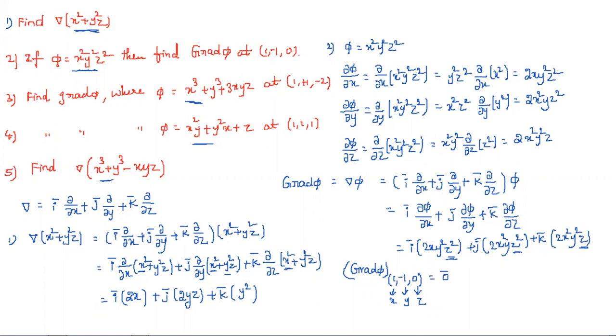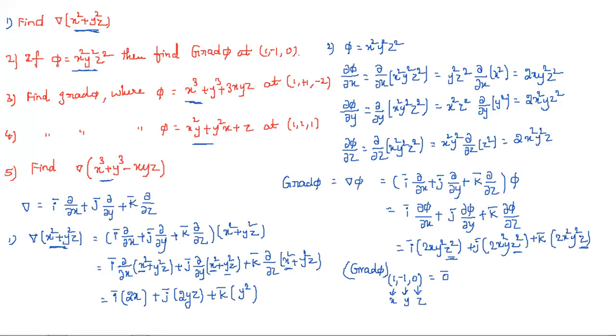Okay. Any doubt regarding this? What we solved in the first problem and second problem is the same pattern, but there they directly asked for del of that function, and here grad phi. For this they gave a specific name and asked to find grad phi at a specific point. And for the third, fourth and fifth, it is the same pattern. Can you show the answers for that? What about the third?